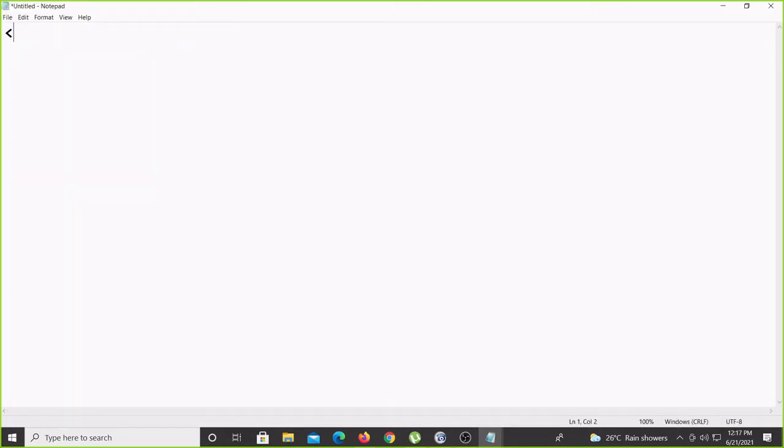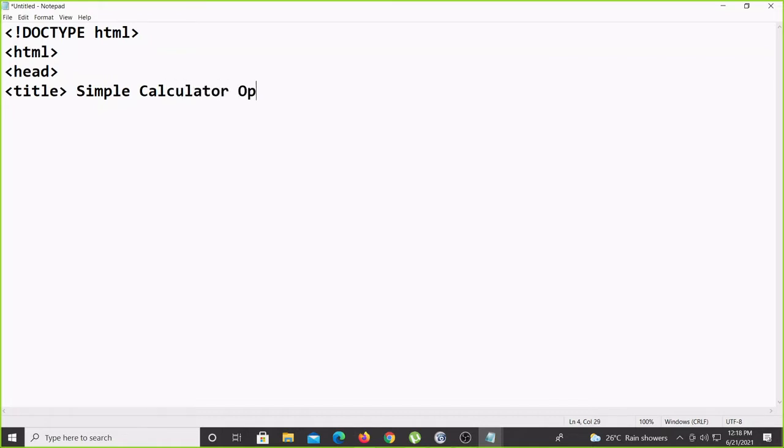So first, to start, doc type HTML. If you write it in caps, that is better. HTML, head, title: simple calculator operations using PHP.